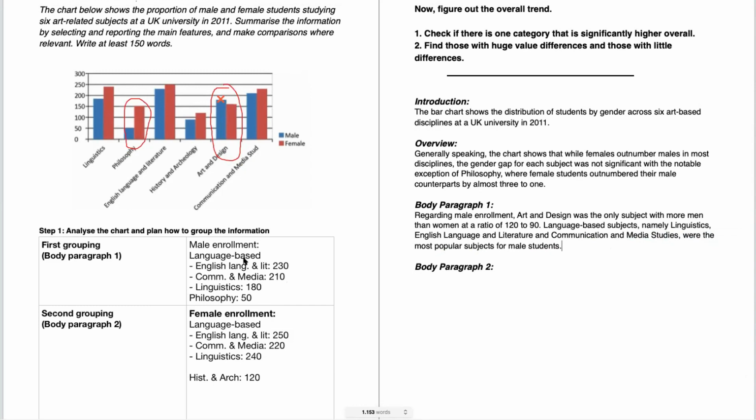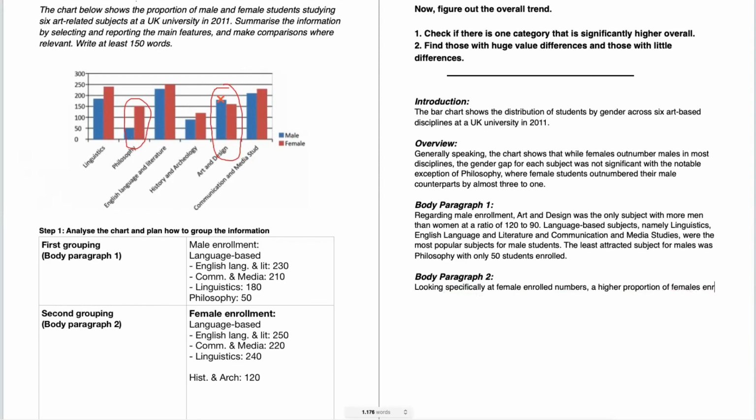And then I'm just going to say the least, which would be philosophy. Again, I want to show a bigger gap. So I would say the least attracted subject for males was philosophy, with only 50 students enrolled. Okay, and that is exactly what we had for our outline. It is concise, it is to the point. And now we've got our body paragraph 2, which is just going to talk about our second grouping, which is the female enrollment. So I'm going to shift gears and say, looking specifically at female enrolled numbers,